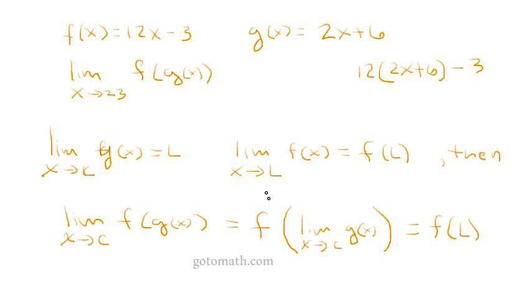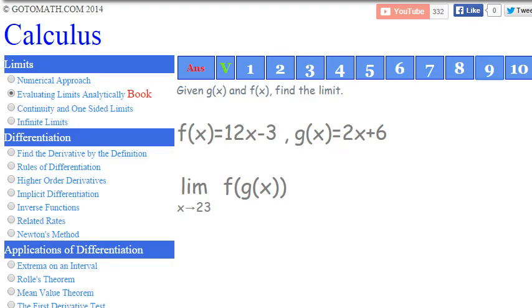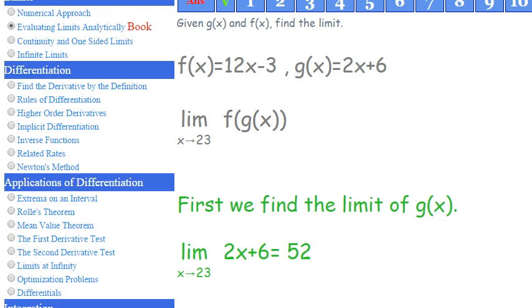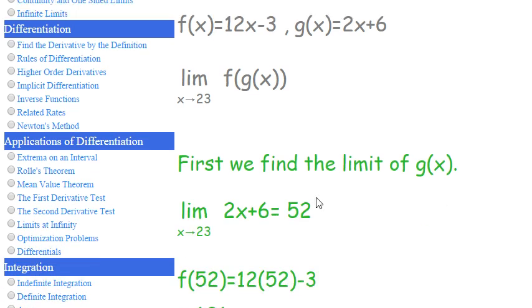Alright, so really what's going on here is we're going to find the limit of g of x, and then we're going to get that answer and just plug it into f. Actually, I've already got that worked out right here. So as you can see here, we found the limit of g of x first. We got that number, and then you just take that number and plug it directly in to